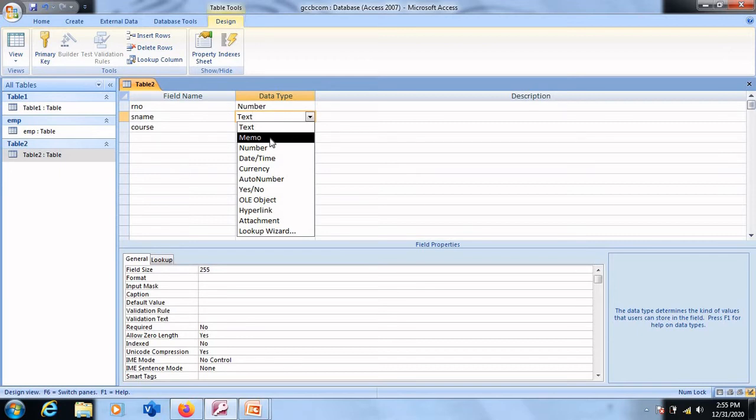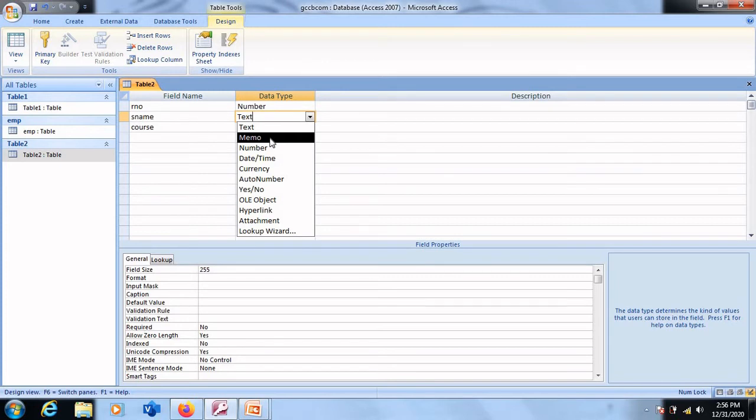So text and memo both are similar except for one change. Text can accept up to 255 characters, whereas memo can accept 2 GB of data in terms of memory capacity. So this is about memo data type.